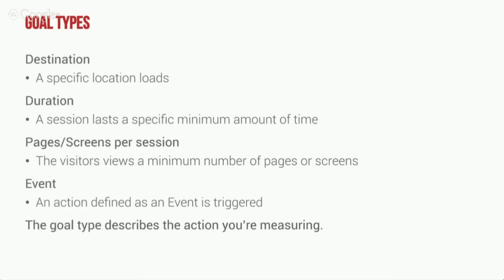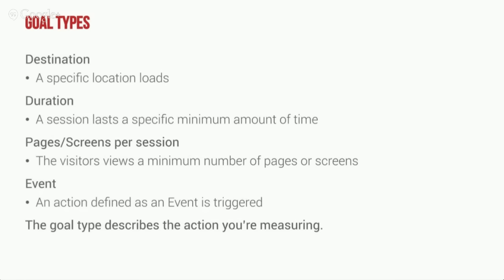What about the number of pages or screens per visit? We've all talked about bounce rate and somebody coming into your website and seeing 1 page, maybe for a second, maybe a few seconds. But if they're clicking through and they look at 5, 10, even 20 pages on your site, it could mean a couple things. One, either they're highly engaged on your site, or second, maybe more troublesome, they got lost and they didn't know where to go, and maybe you should improve the search on your site. So we really need to understand what makes sense and what kind of data on your site is the information that you need out of Google Analytics.